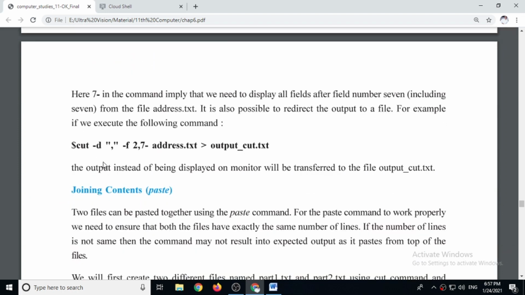Now instead of displaying output on screen, we can also transfer the output to a file, and for that we have to use the output redirection operator, that is the greater than sign. So: cut -d, -f2,7 address.txt > output_cut.txt.